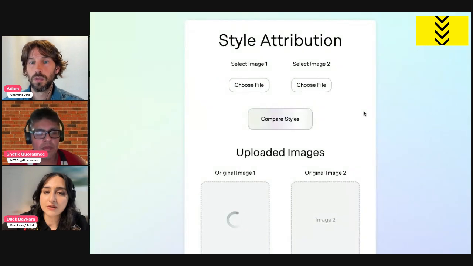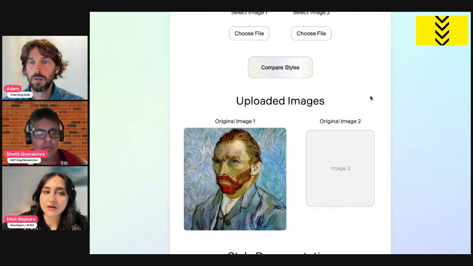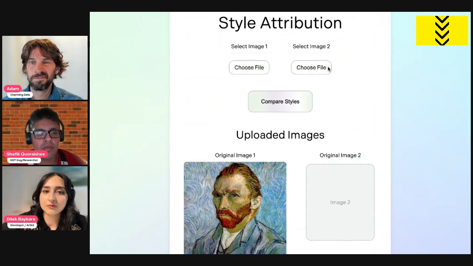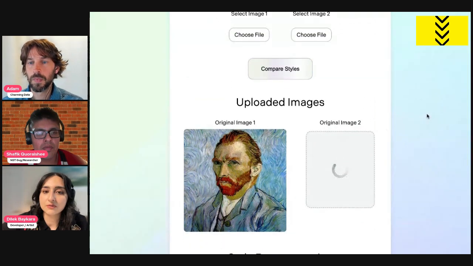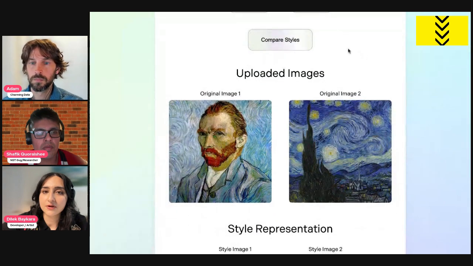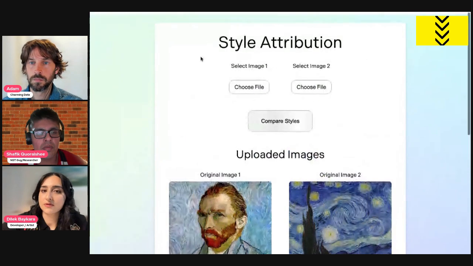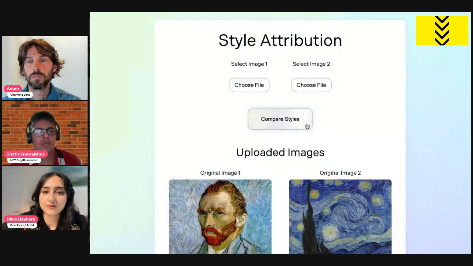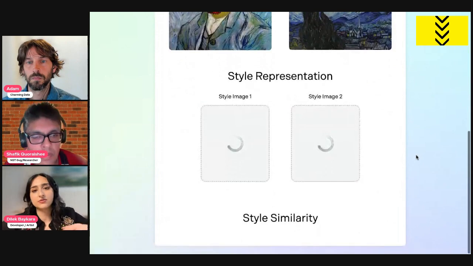So I'm taking a work by Van Gogh, and we're going to compare it to another work here. And let's just compare the styles. So same elements that are being used throughout all three of the applications.